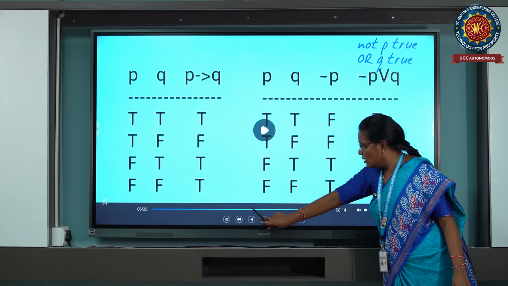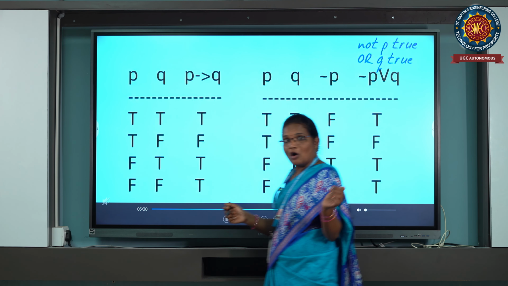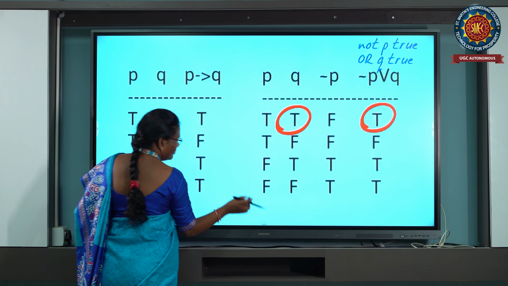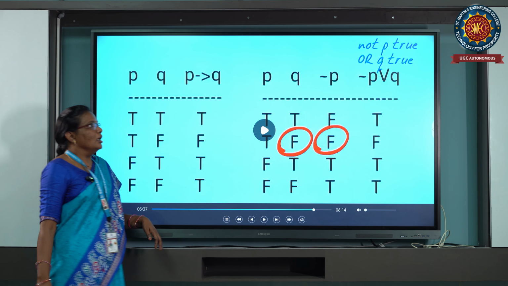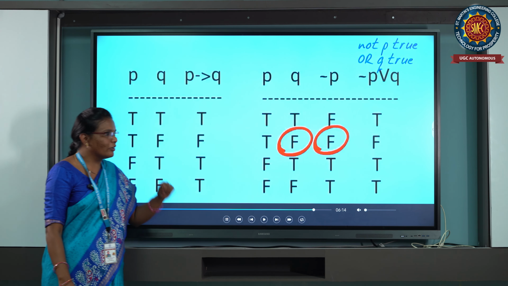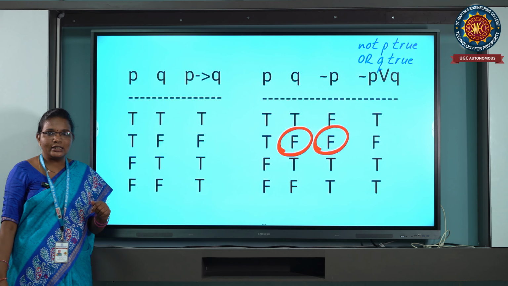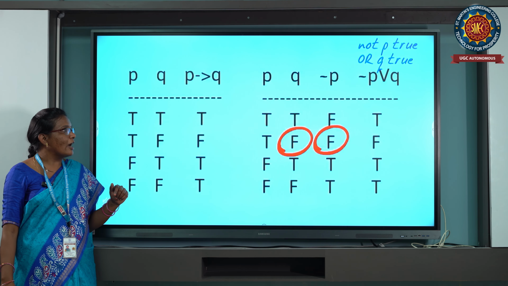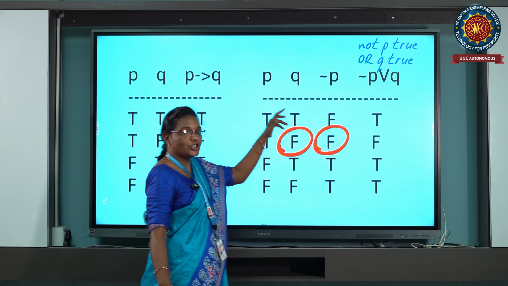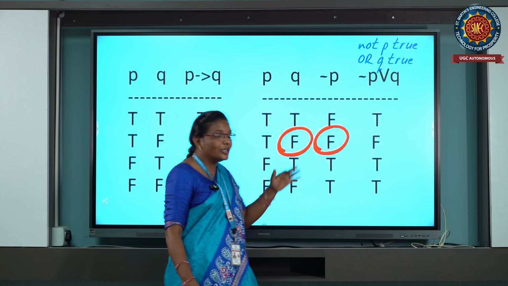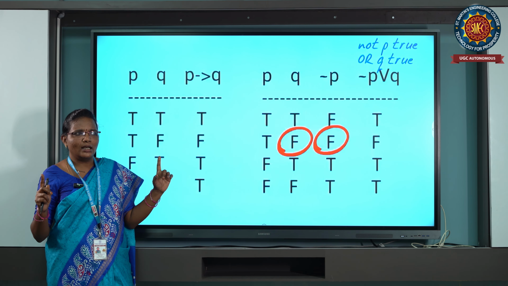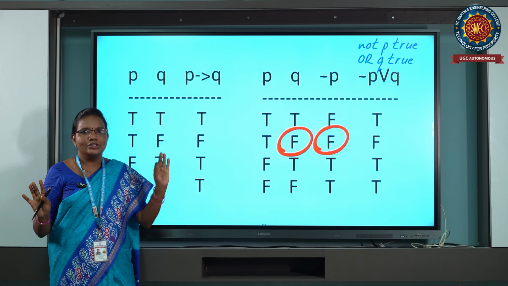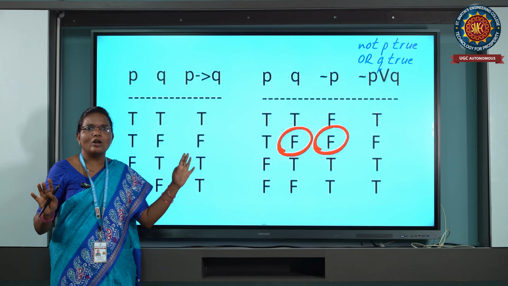And this is about one simple problem, how we have solved it about the P implication. Now see here, we have taken two equations. Two compound statements we have used: P implication Q and negation P or Q. And here what I am checking is whether both compound statements are equal or not. Just one example.